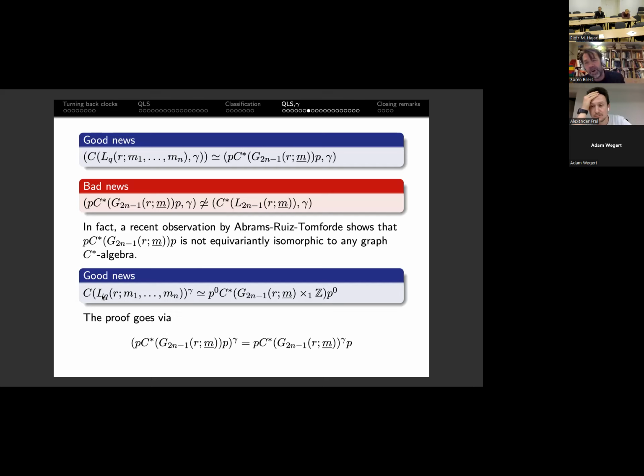But really, the point is, I'll show you a graph in a second. There's no way I can adjust it, because if I want to make this into a graph C-star algebra, I have to change the gauge action. And when I change the gauge action, there's going to be some sort of discrepancy in these sizes that makes it impossible to be a